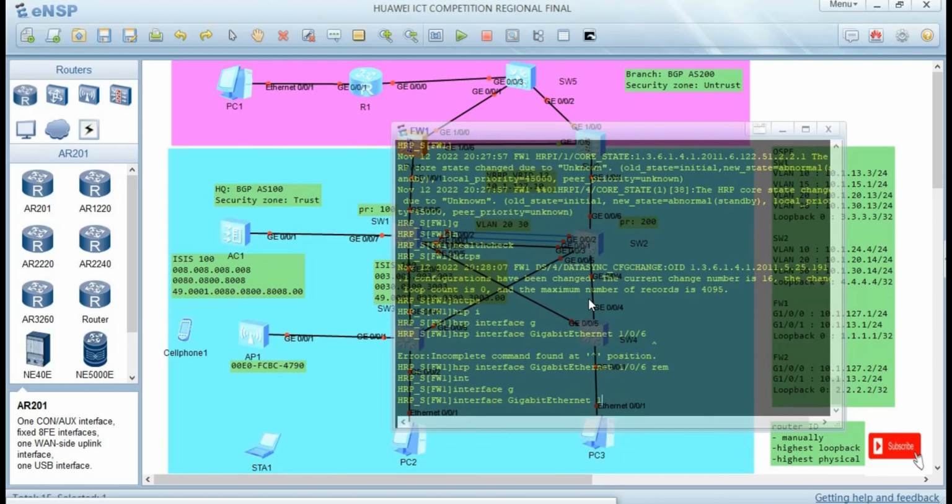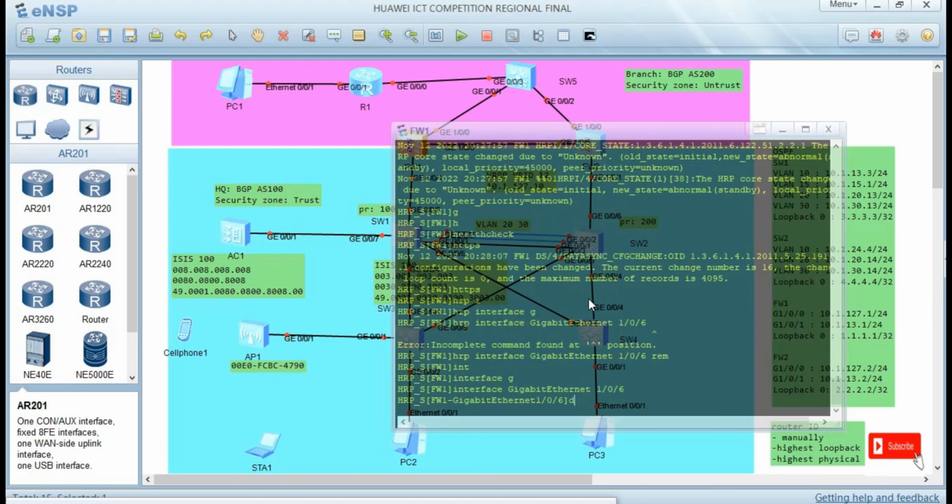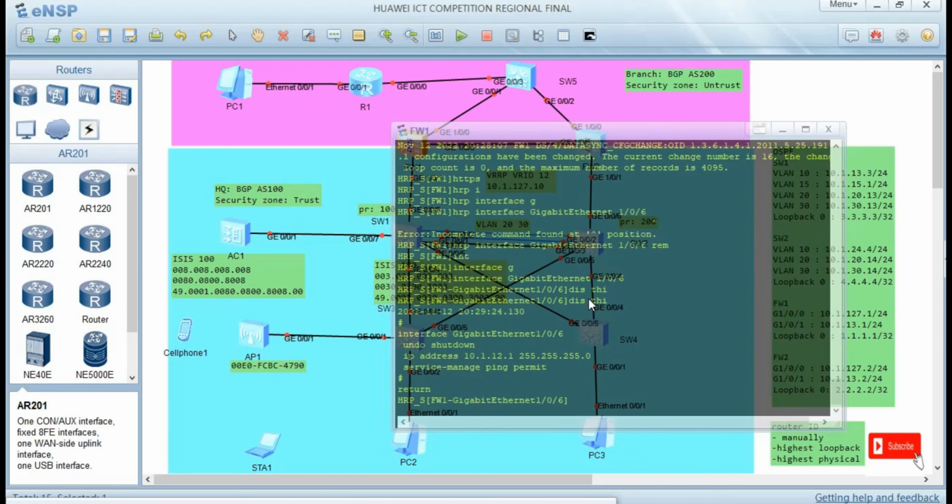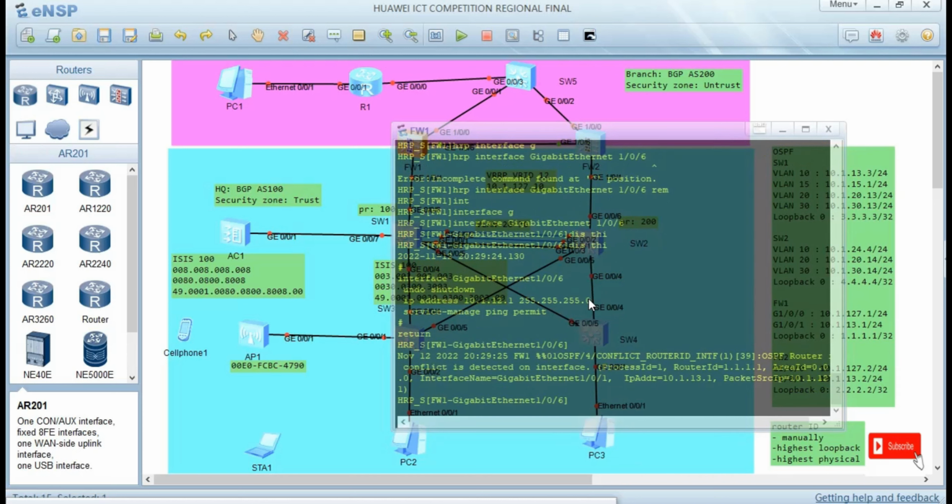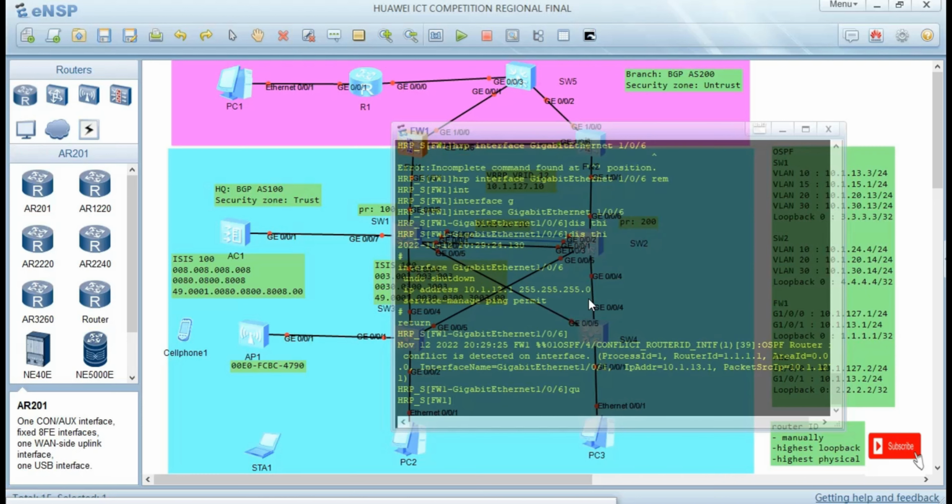The IP address for that interface, gig 1/0/6, is this. See the IP address. So the IP address for this guy is now 10.1.12.1, meaning that the peer, which will be .2, will be 10.1.12.2. So quit. So now HRP